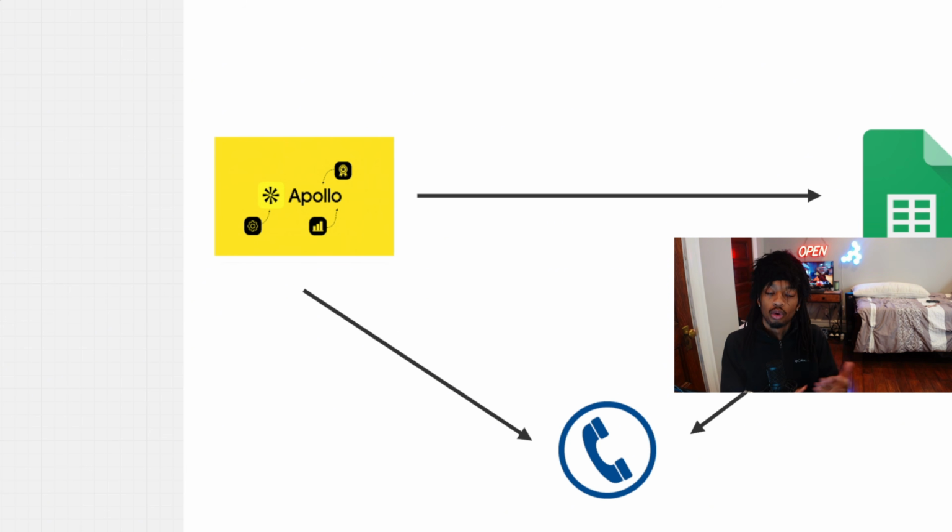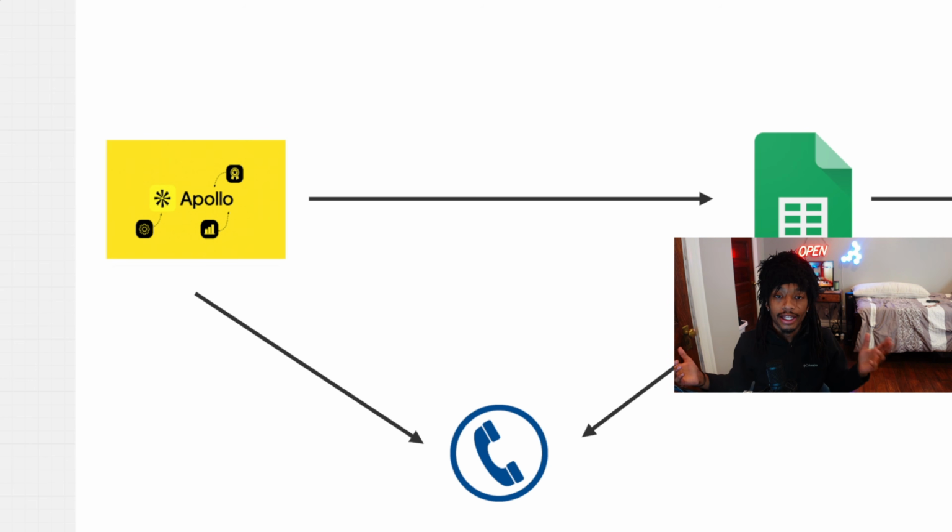You need to know who's in your business lane, who needs help, what their company looks like, and the analytics and details behind that company so that you can make an informed decision on who you're actually calling. So Apollo is a lead scraping system that allows you to basically break down categories of who you're actually looking to contact. So what business line, what niche, how many employees, phone number, email, CEO, owner, stuff like that, so that you don't have to go into a different platform and find all that and put it down into Google